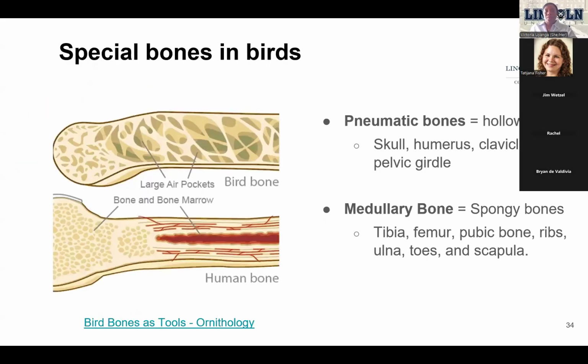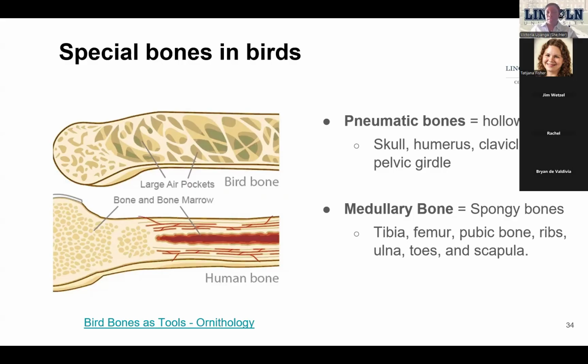The next bones there would be the pneumatic bones, also known as hollow bones, or the medullary bones, which are seen as the spongy bones. So for the hollow bones, you would find this in the clavicle, the keel area, the pelvic girdle, the skull. And these are lighter weight bones. They are parts of the respiratory system, but then they are less dense and they play a role in the